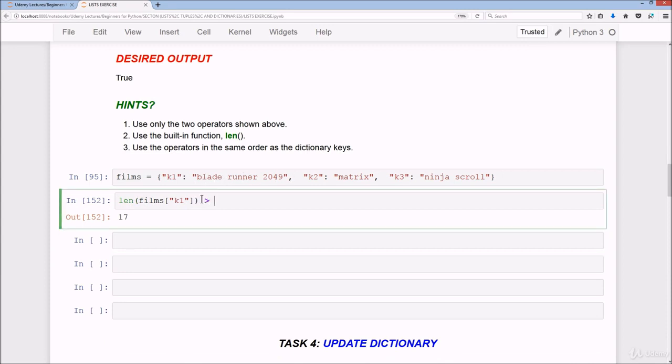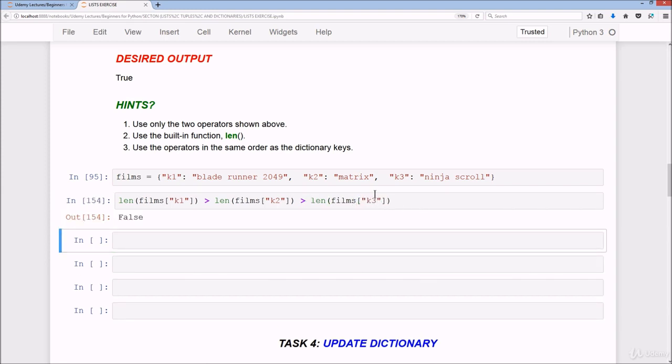And if I do greater than len films k2, and that's true because there's more elements in the k1 than there is in the k2. But if I do greater than len films k3, we get false. And that's because matrix only has a total of 6 elements, whereas Ninja Scroll has a total of